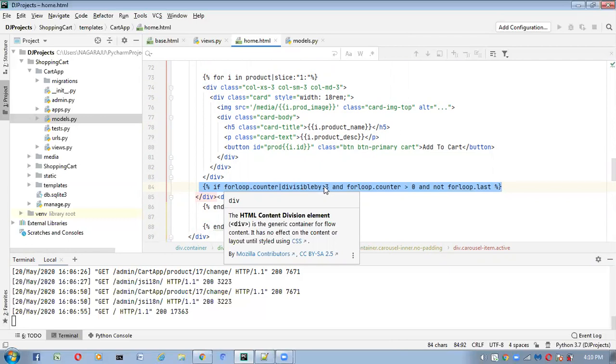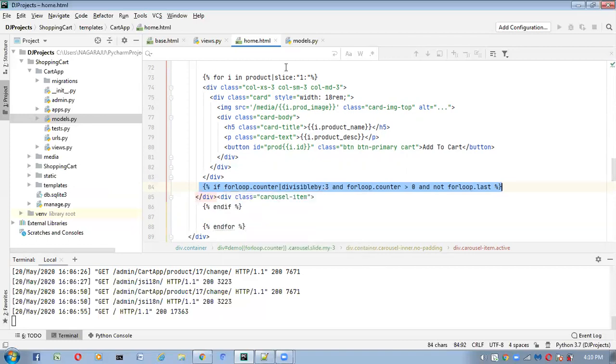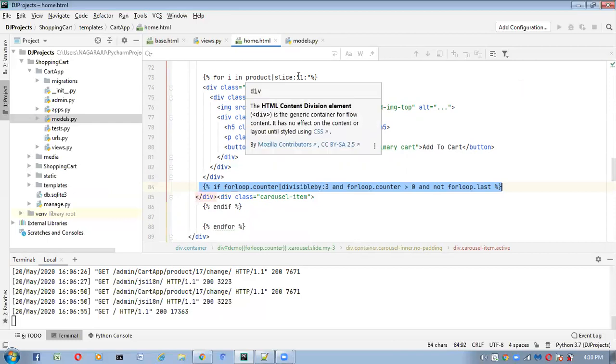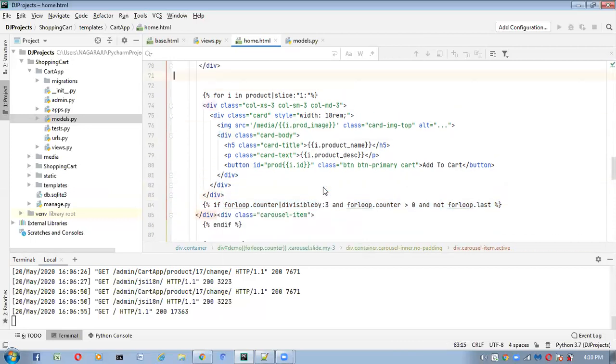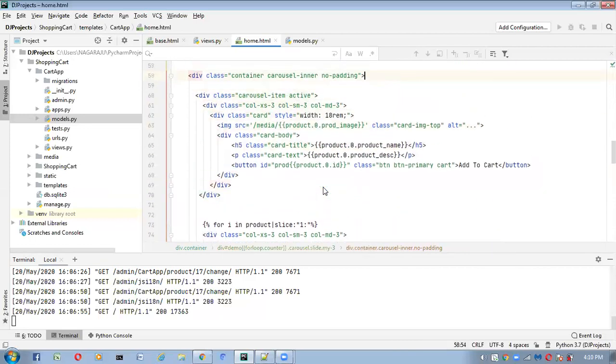Items start from position 1, not from 0, and that's why we are getting a problem. Here I took slice 1, but I don't want the slice, because the item will start from 1 only. Why take the slice operator unnecessarily? It is not required. And one more correction: we have to take divisible by 4. And one more thing, here we no need to take the default one.